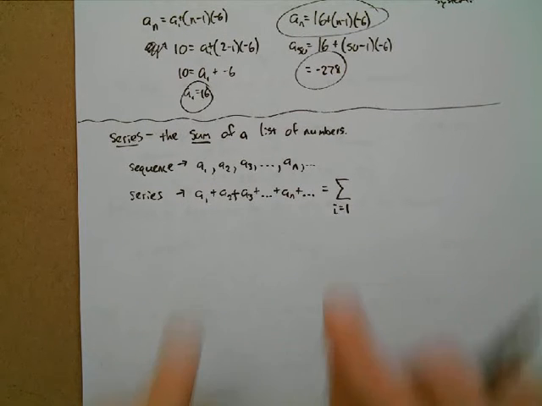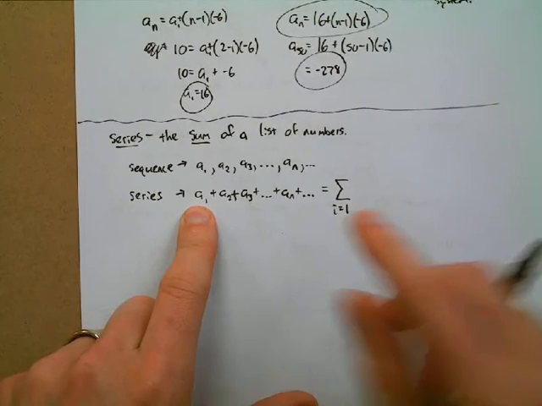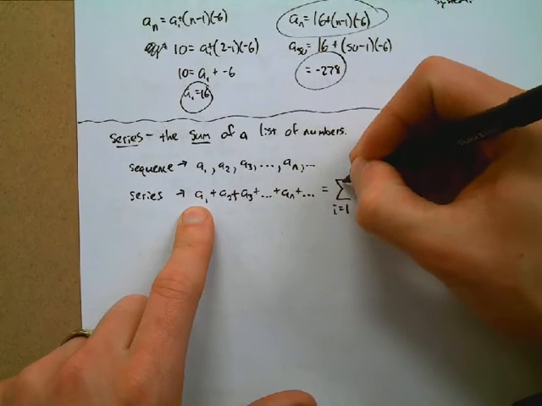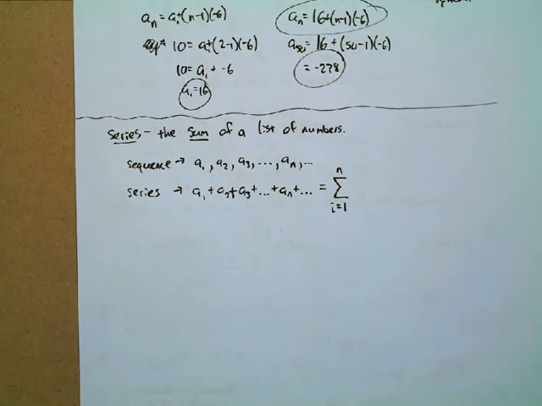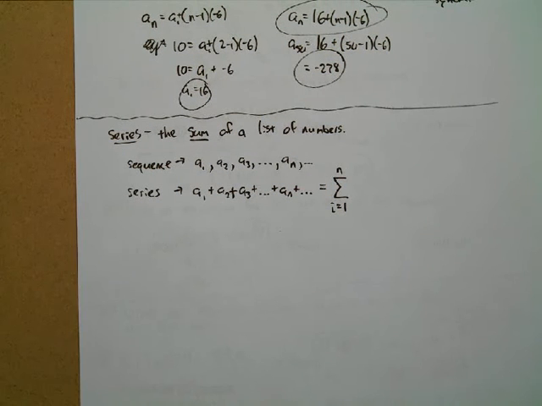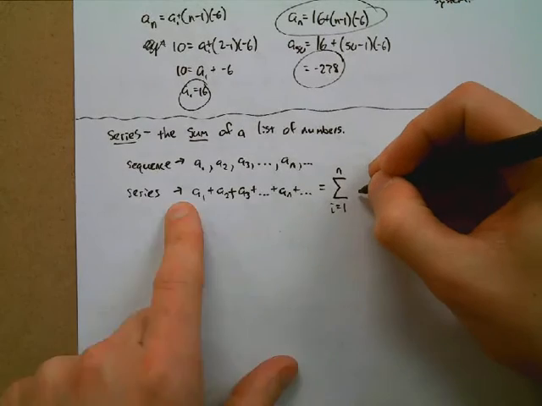Okay. So we're adding from i equals 1 all the way up to n. And i will only be natural numbers, so i will never be like 1.2. It's going to go, i will be 1, so there's a sub 1, then i will be 2, so plus a sub 2, then i will be 3, plus a sub 3, so on and so forth, all the way up to a